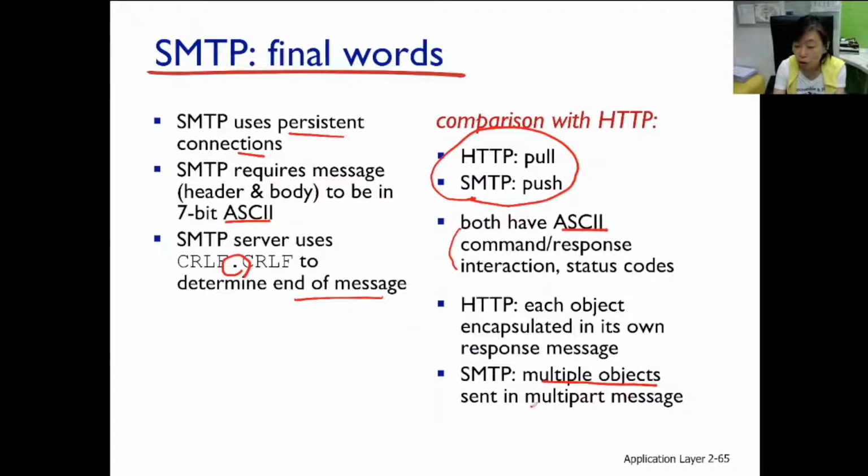That message just has multiple parts. So for an email that comes with an attachment, like a big PDF file, after the original text, like 'here is the attachment, if there's anything wrong, contact me', the email has the original text at the beginning and then additional attachments. They can be sent as a multi-part message. So multiple objects in one message, versus HTTP: one object, one message.